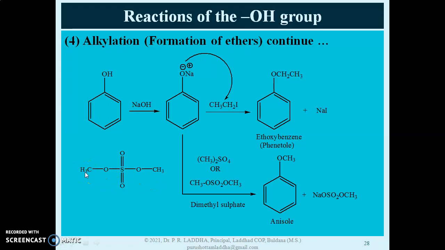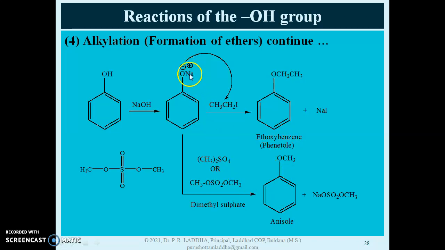So in short, that can be written as CH3O SO2O CH3. So sodium phenoxide is obtained by the same reaction, that is phenol treated with sodium hydroxide. In the second step, this sodium phenoxide is treated with this dimethyl sulfate. So this negatively charged oxygen attacks this particular carbon and we will get OCH3, that is anisole, C6H5OCH3.